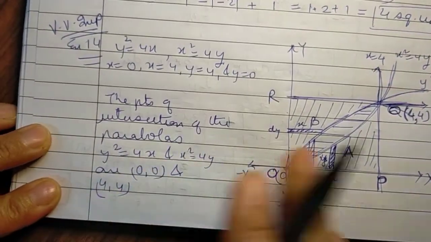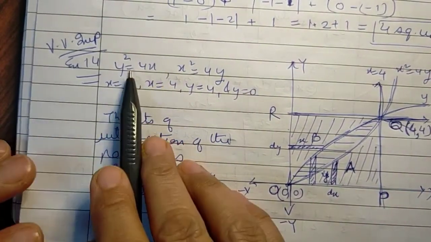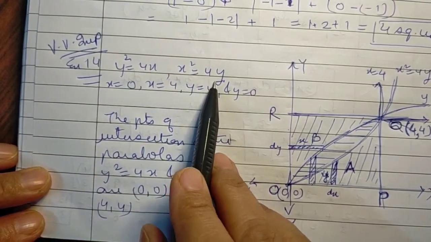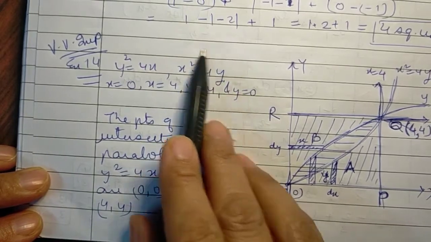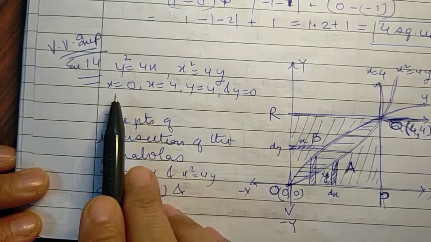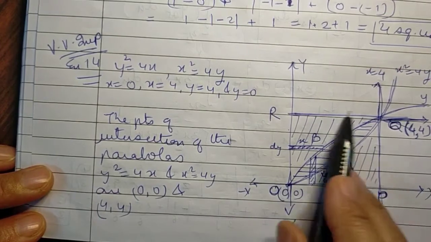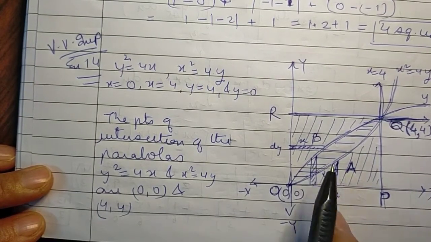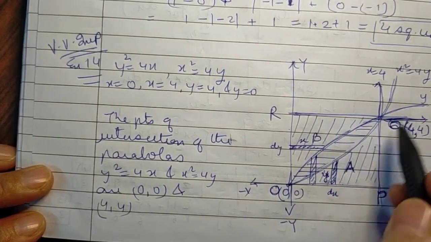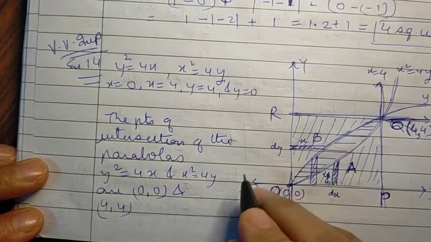Now let's move on to a very, very important question, which says that we have to find the area between two parabolas, y squared equal to 4x and x squared equal to 4y, and we have to show that this area divides the square which is formed by these lines x equal to 0, x equal to 4, y equal to 4 and y equal to 0 into 3 equal parts, that is 3 equal areas. So we will simply first draw the figure, then find the required area, and then see what actually happens.